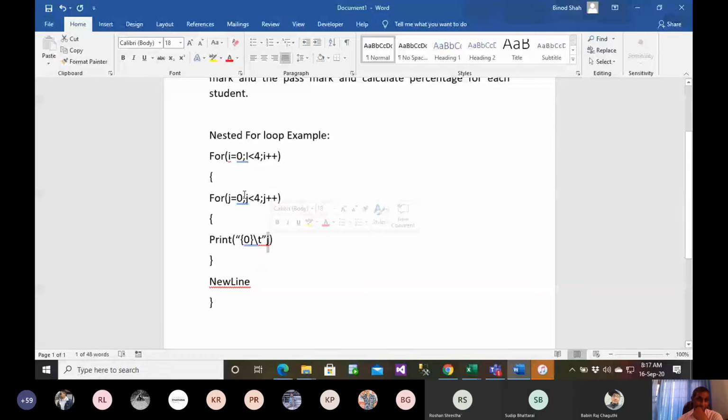Then instead of going up, it will still go here. This will look into the new value of j, which is 1, and 1 is less than 4. That's correct. So there will be a post increment of j, the j value will be printed, and the new value of j will be 2. So 2 is less than 4, 3 is less than 4. In this way, this will print 0, 1, 2, 3.